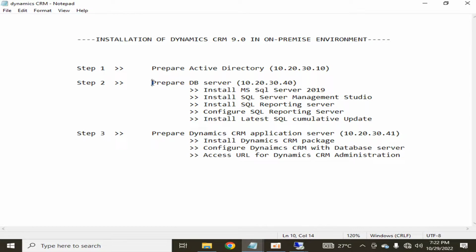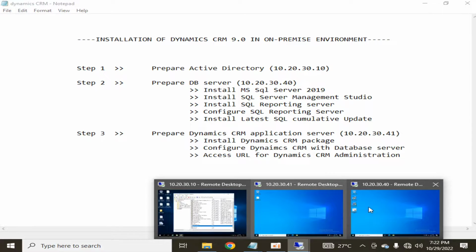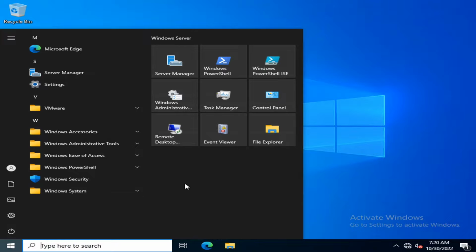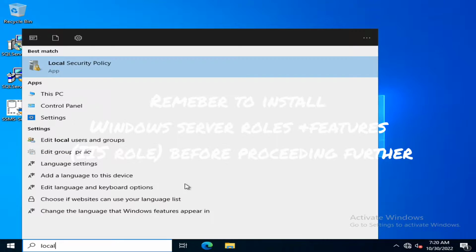In step number two, we will prepare the database server. In my case, I have created a member server with operating system Windows Server 2022, and in that server I have assigned a static IP, that is 10 20 30 40, and I have joined this server with my domain. Okay, in that DB server, first of all, if I go into